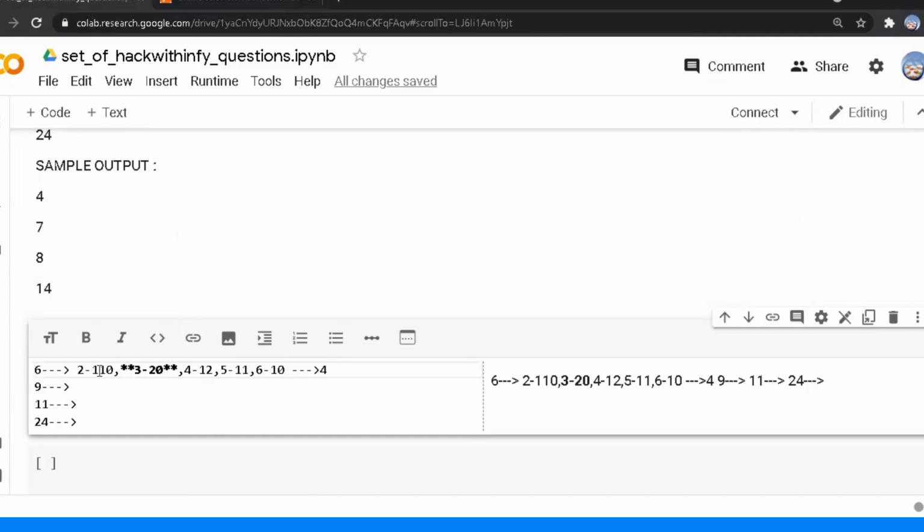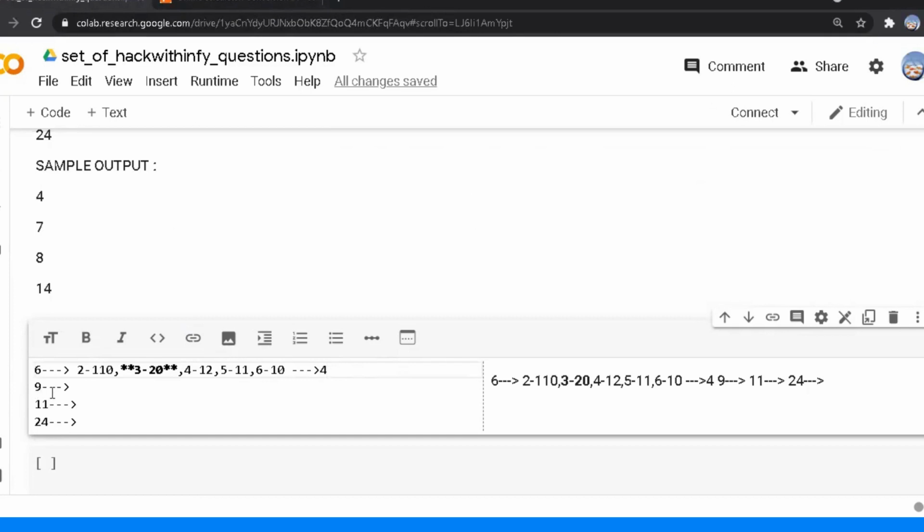They said that if the representation starts with 1, here we can see that for 2, 4, 5 and 6 it starts with 1, except 3. If we count the bases 2, 4, 5, 6, which is 4 numbers, that is our output.